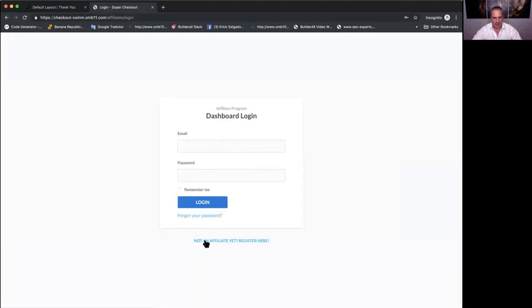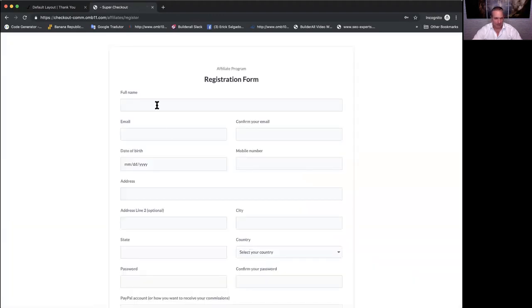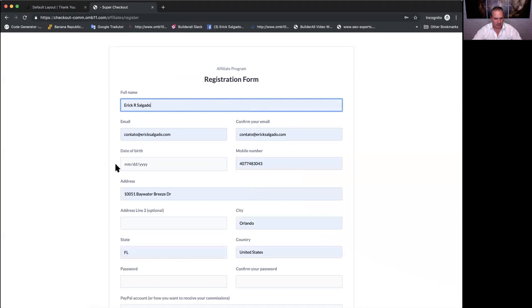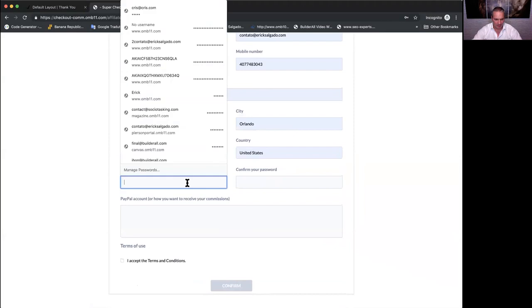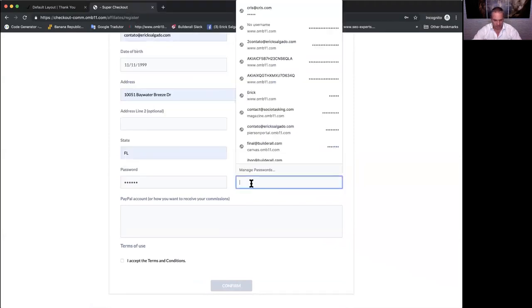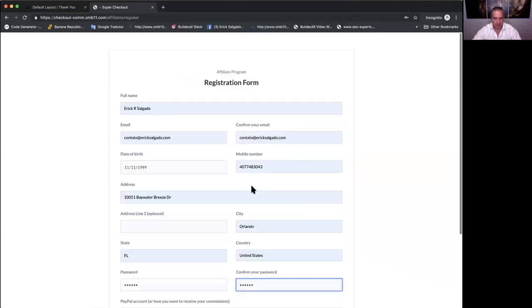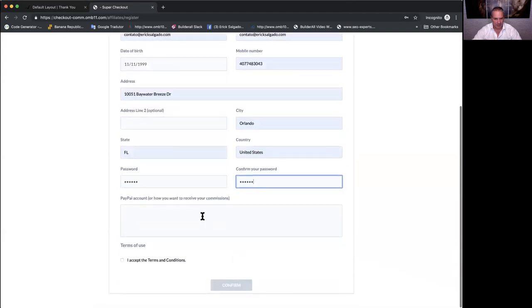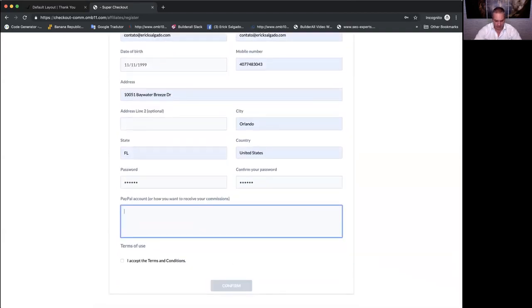Now, dashboard, I am not an affiliate yet, so I have to register. I'm going to click here. And then full name. I'm gonna give all my information here so I can register. All right, and then boom, boom, all good. Password again. All right, that's my mail, my password, and then how you are going to receive your money, contato@ericsalgado.com. That's my PayPal account. I accept the terms of use, confirm,